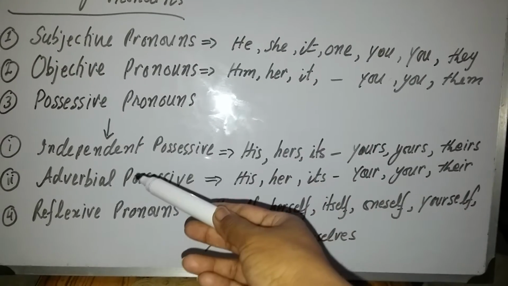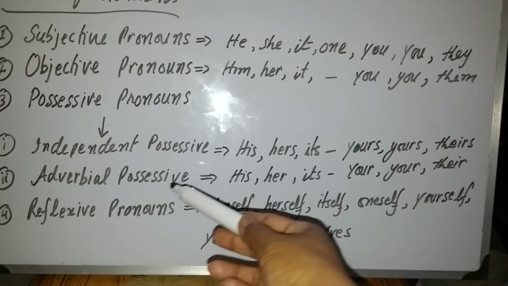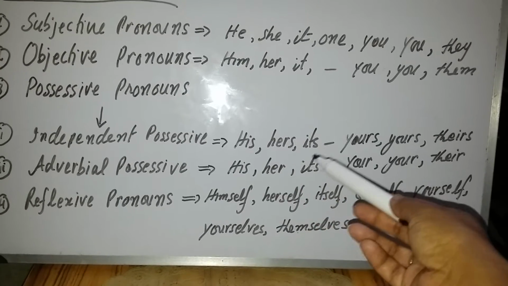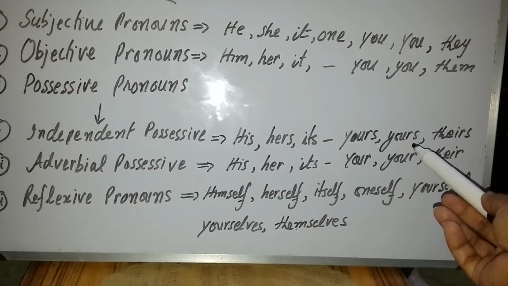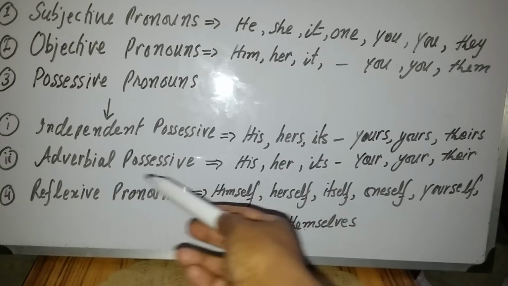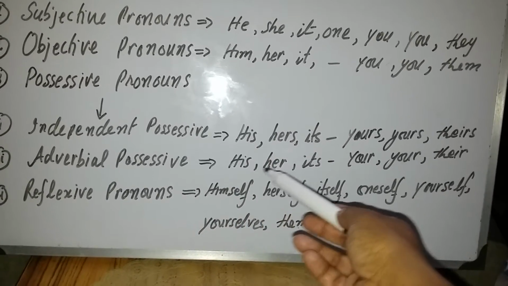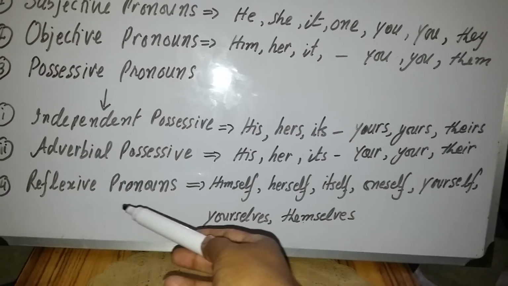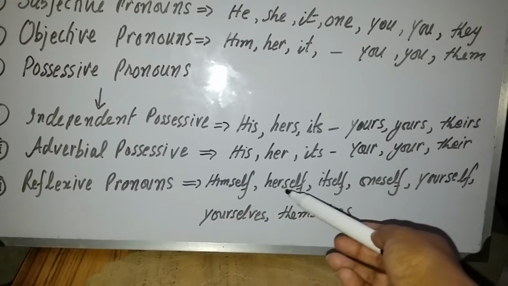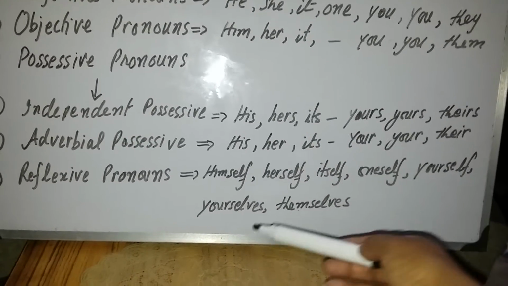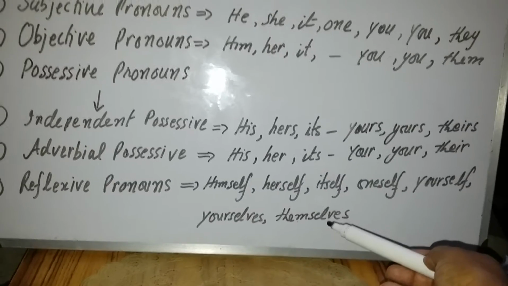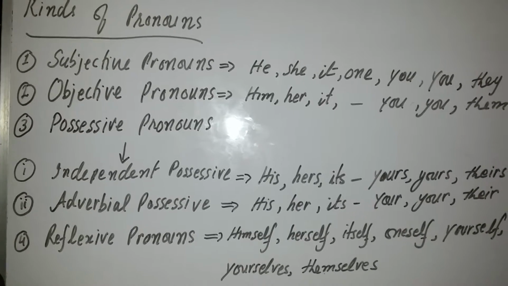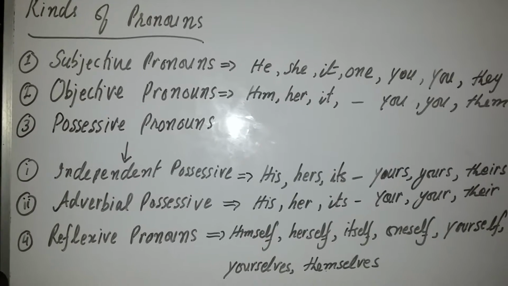In possessive pronouns there are 2 kinds, independent possessives and adverbial possessives. In independent possessives we discussed his, hers, its, yours singular, yours plural, and theirs. And adverbial possessives, in which we discussed his, her, its, your singular, your plural, and their. And in reflexive pronouns we discussed himself, herself, itself, oneself, yourself, yourselves plural, and themselves. These were the 4 kinds of pronouns which we discussed in our previous class, and today we will discuss the other